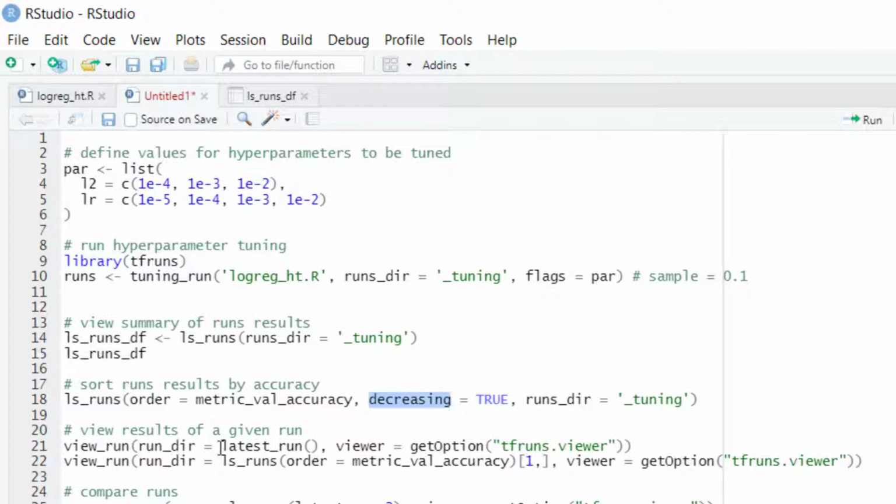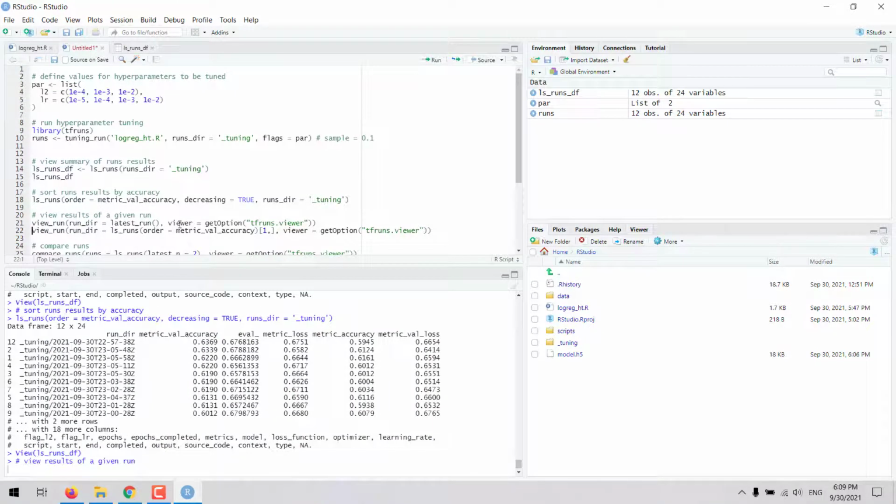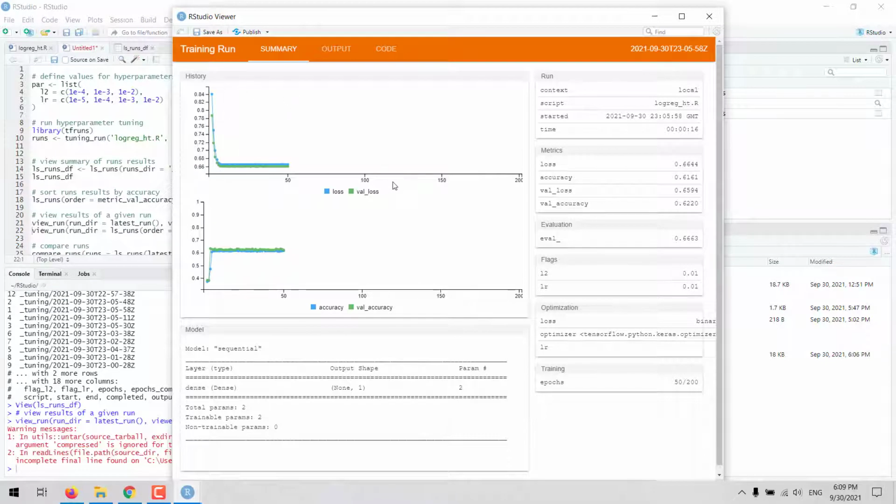we could take a look at the latest run, for example, or the best run. For the latest run, we use this latest_run function as value for the run_dir argument, and we are going to use the viewer that comes from the tfruns package. So let's open that, and this is pretty useful because we have a good amount of information about each of the runs, and we have three tabs: one with the summary, another with the output, and another with the code. In the first one, with the summary, we see these plots